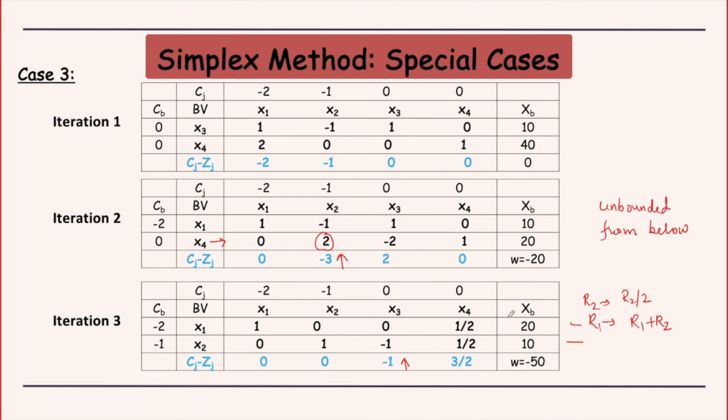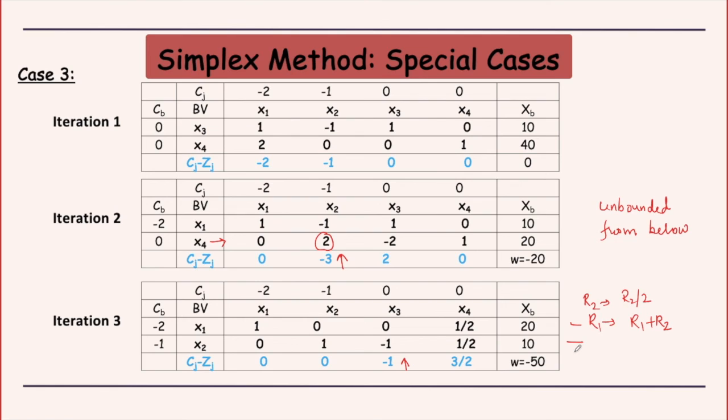I have taken these questions because they are originally 2 variable questions, and you can see them graphically also. But if you have a 3 variable or a 4 variable problem to start with, then this is how you can recognize such situations using the simplex. Otherwise you will get stuck if you do not know what this means, and you won't know what to conclude after this. So these were the cases I wanted to discuss.